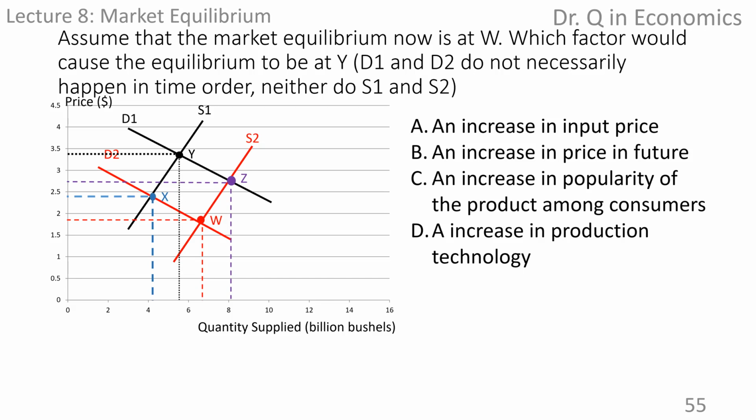Option A is a supply shifter only, that decreases supply, and does not do anything to demand. The same is true of option D, which increases supply and does nothing to demand. Option C is a demand shifter that increases consumption but does nothing to supply. What about option B?